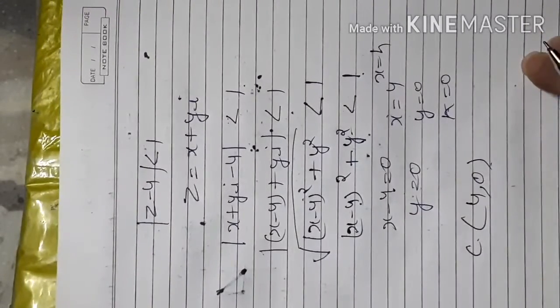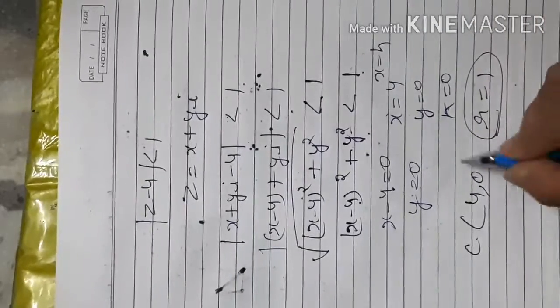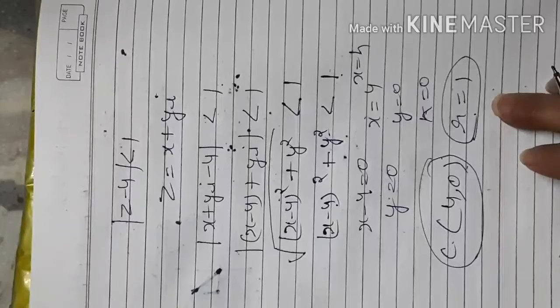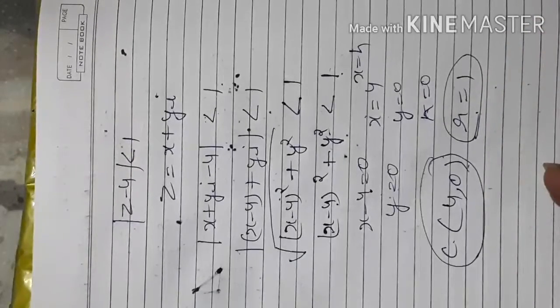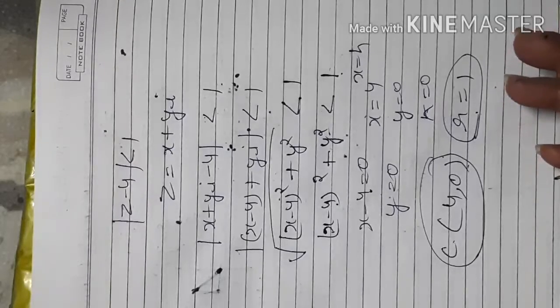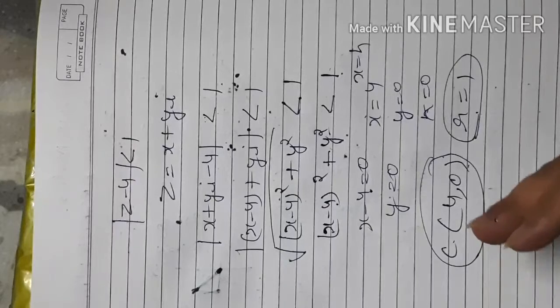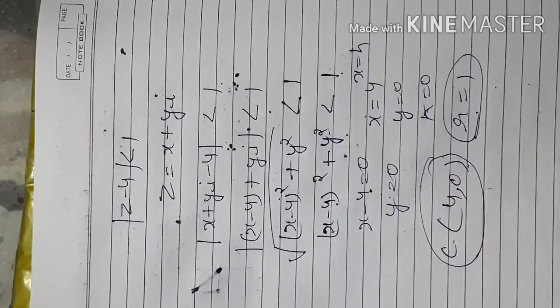And what is the radius? The actual radius is 1. Okay, actual radius is 1. What does it show? Set of all the points, you have to find the points. In this complex number, which points should be there, what are the points you have to consider in place of x and y? What are the coordinates of the complex number according to you? It will not cross the radius of the circle.